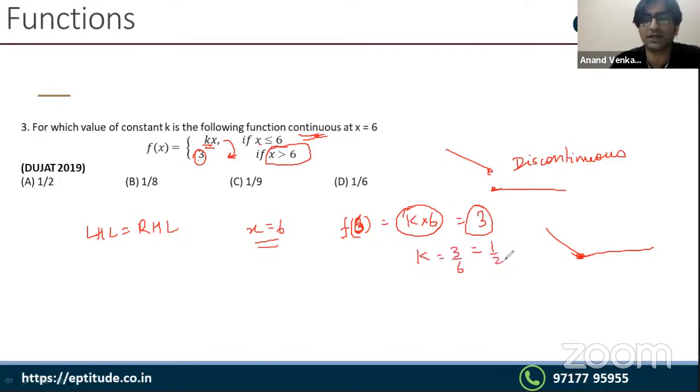Not easy question, 1 by 2. That's option A. Yeah, I hope everybody agrees with me on this question. इतना मुश्किल question नहीं है, so I thought